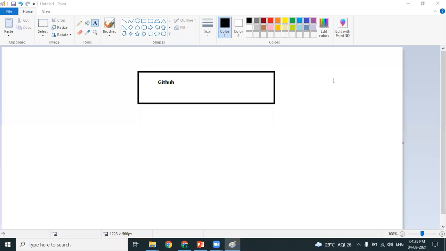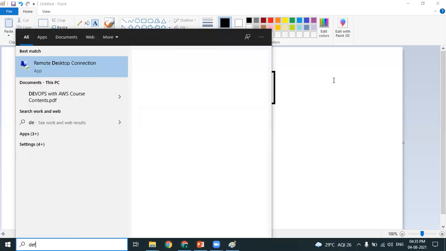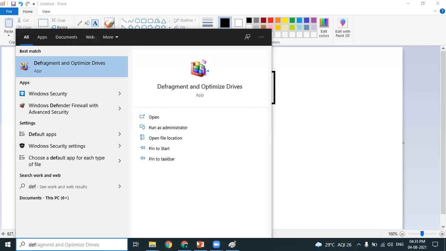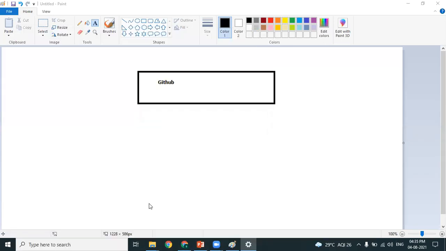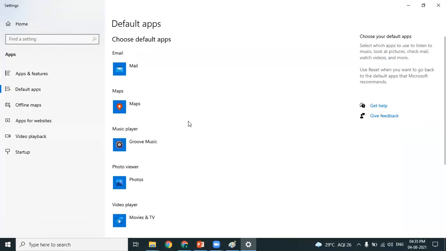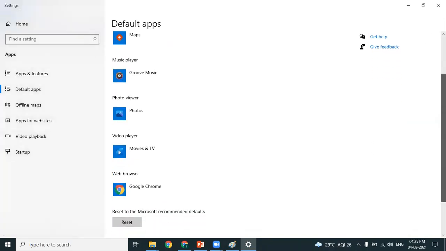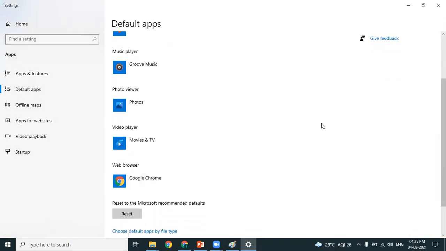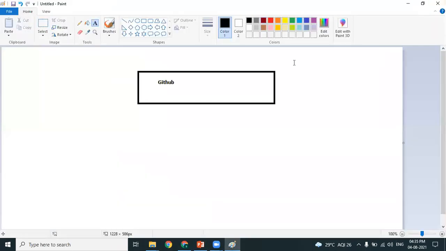And please use Google Chrome. The default browser should be Google Chrome. Please make sure of that on your personal laptop. If Google Chrome is not there and Microsoft Edge is there, will it work? Yes, Microsoft Edge will also be supported. Mozilla does not support. Make sure the default web browser app is Google Chrome. Okay. We'll see it soon, Maheshwara. Thank you.